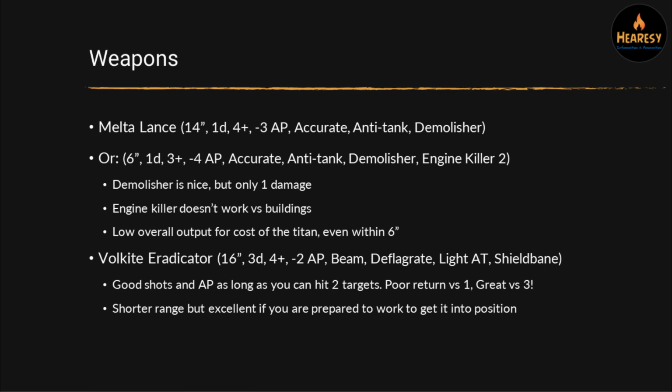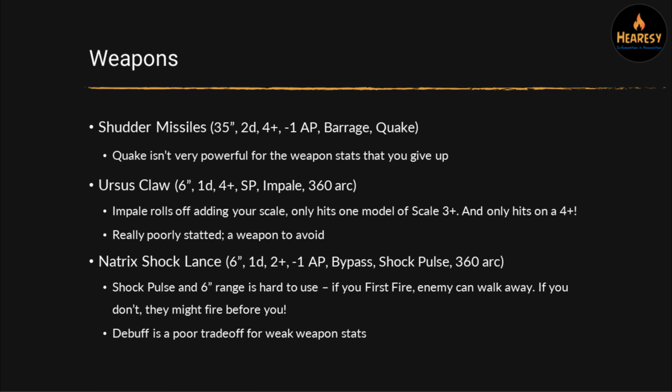Shudder missiles are an interesting weapon. So the 35-inch range, 2 dice, 4 plus to hit, 1 AP, barrage, and quake. You give up a lot of stats on this weapon, obviously, to get the quake ability, which gives people -1 to hit on the shots from the detachment that you hit. And also, as well, means they halve their movement until the end of the round, which is kind of a